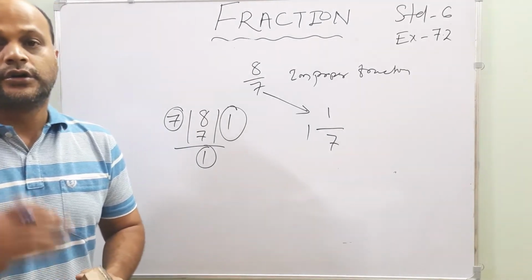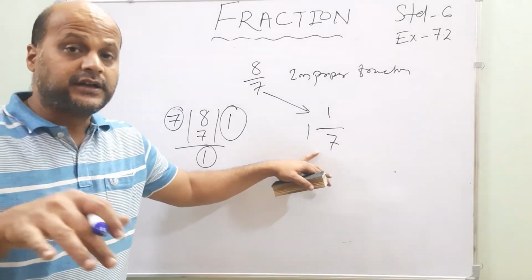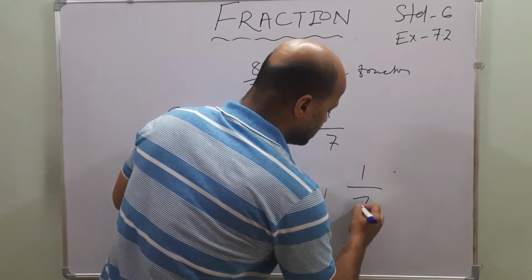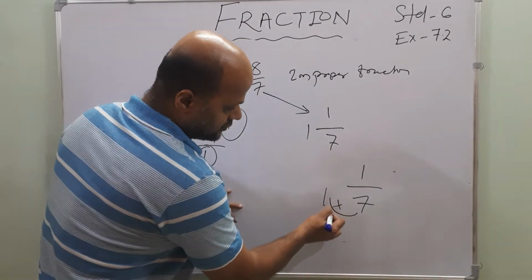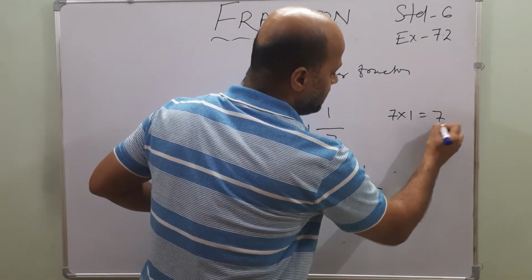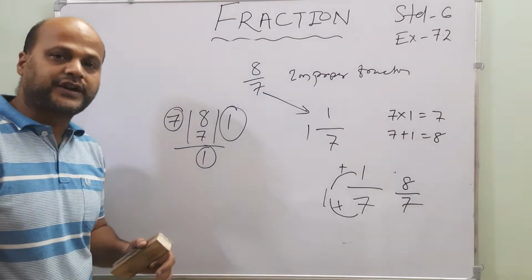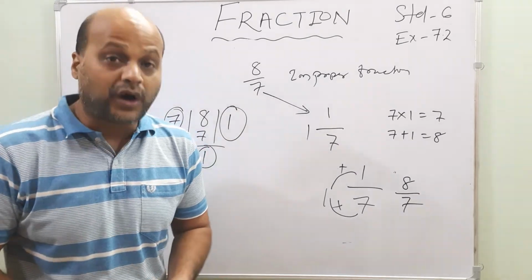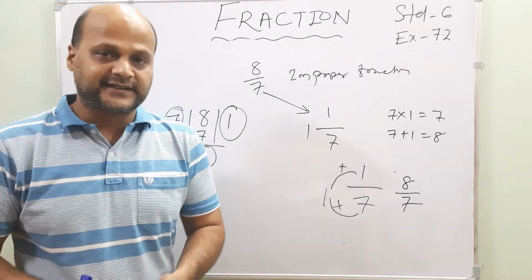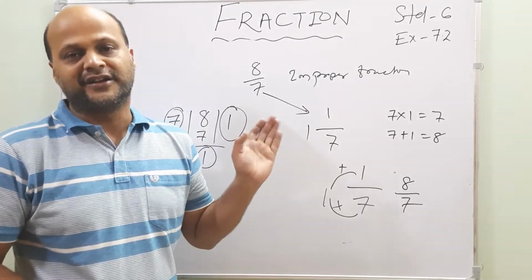Understood? Let's go. Okay. Before going to that, we have discussed that a mixed fraction can be converted to improper. Whenever you convert a mixed fraction into improper, what you have to do? You have to multiply these two and then add. That is 7 into 1, 7. Then 7 plus 1 is 8. That is 8 by 7, the answer. Okay? In this manner, you have to solve improper to mixed, mixed to improper. Let's go to your exercise and check how the question will be solved according to the given funda.